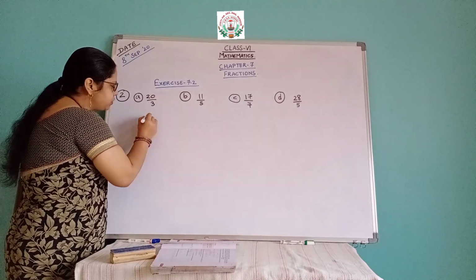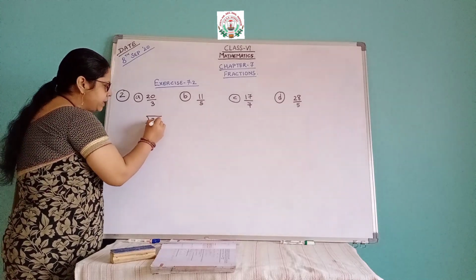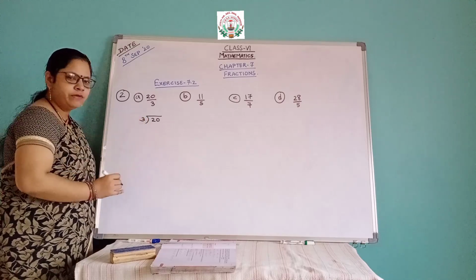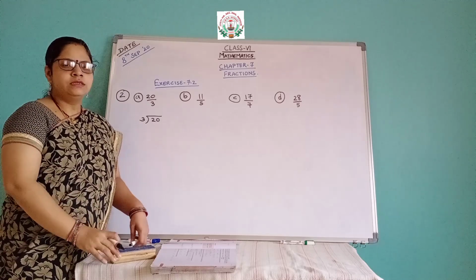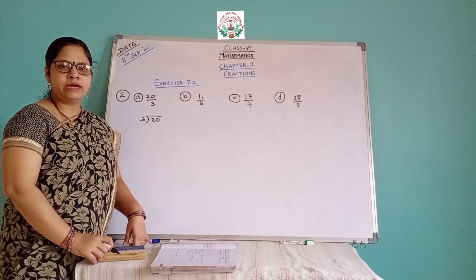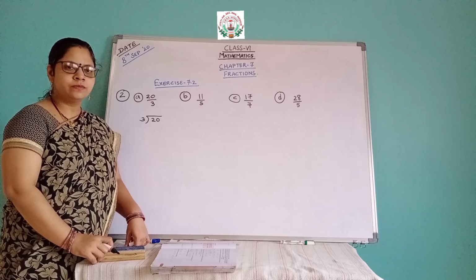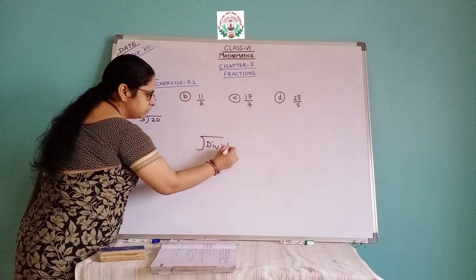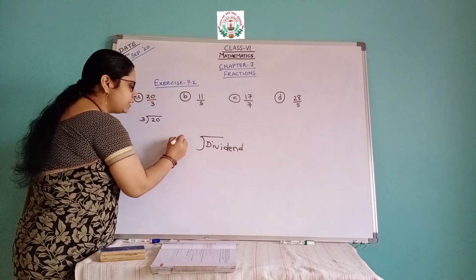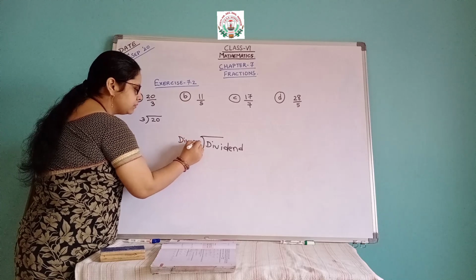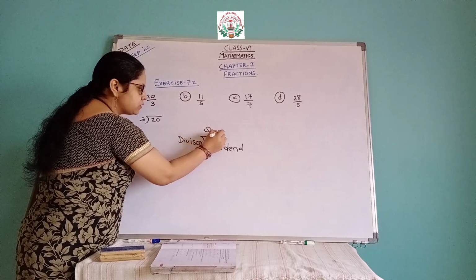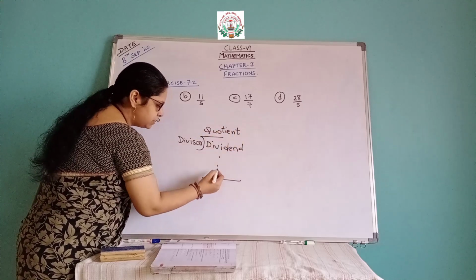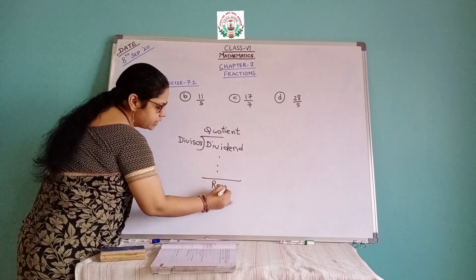That means first you are going to divide this. Divide means the numerator will be written at the dividend position and 3 will be written at the divisor position. Children, do you understand what this is? Dividend, divisor, quotient and remainder. The number which is written here is the dividend, and the number by which you are dividing is called the divisor. The answer which you are getting is called the quotient. And after doing all this, whatever is left out, if any number is left out, it is called the remainder.